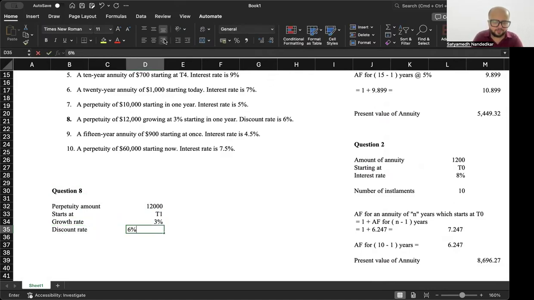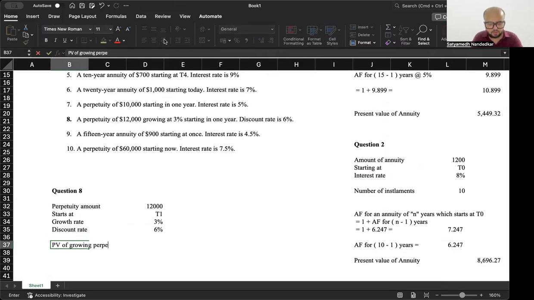Discount rate 6%. So present value of growing perpetuity is cash flow divided by discount rate minus